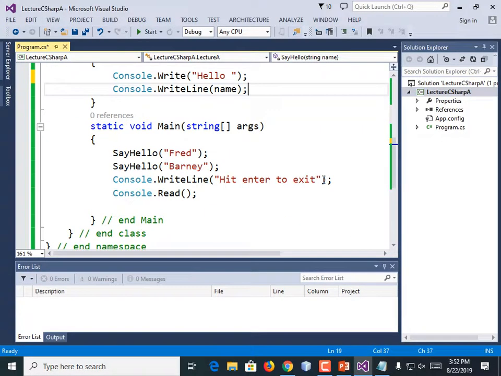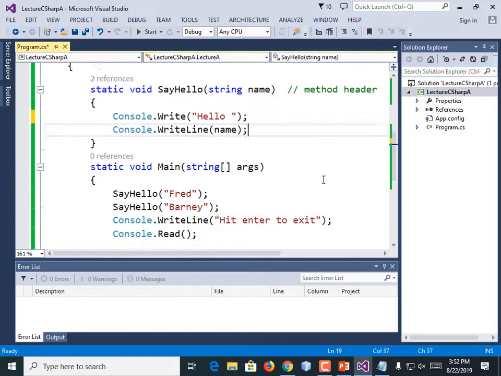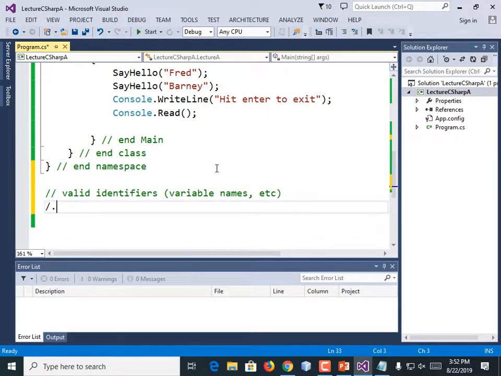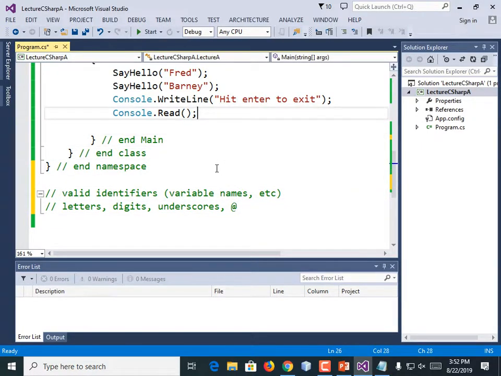We could add some comments as to what are valid identifiers. Maybe I'll just scroll down to the bottom of the code. Valid identifiers, variable names, etc. Letters, digits, underscores, and that @. Can you even use the @ in the middle of a variable? I've never tried that.